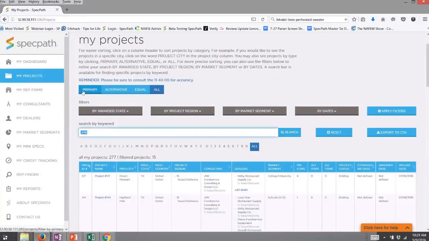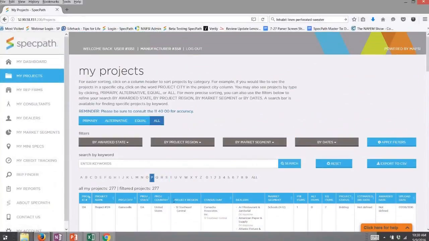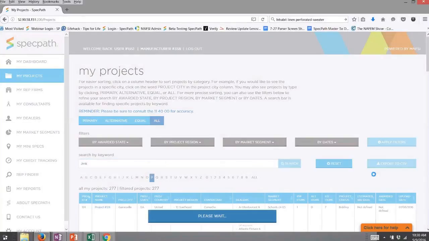And then you can also search by alphabet. This is just for the project name. So, oh, they all start with B. Huh, 277. And then once you look something up, so if we wanted to say, okay, I need to see JMK,